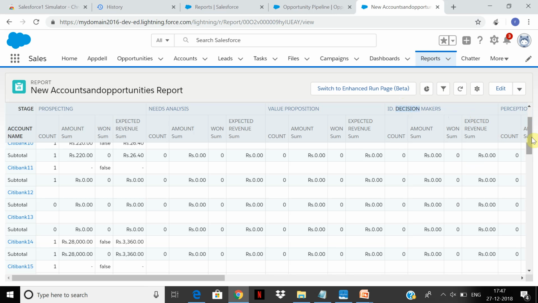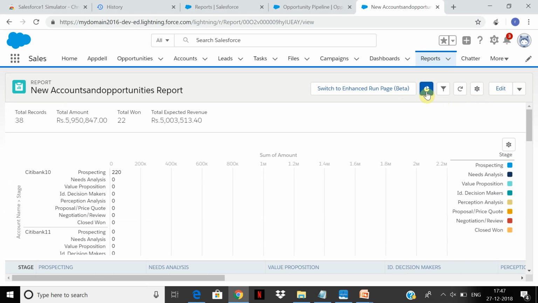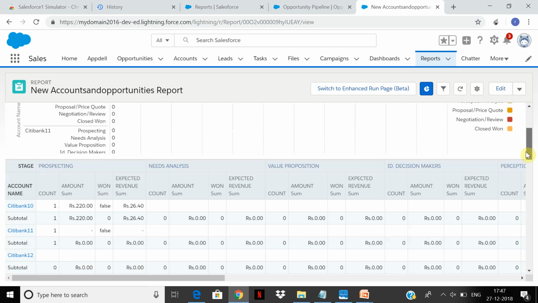So it shows us the total number of details here. We can also add a chart over here. So let's add a chart. Here it gives us, if we add a chart,